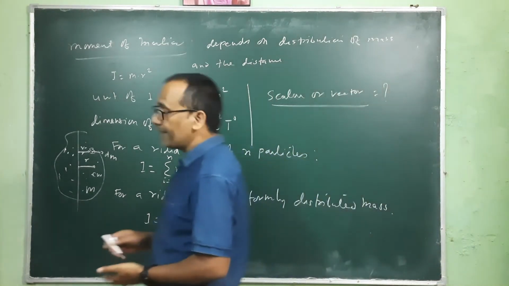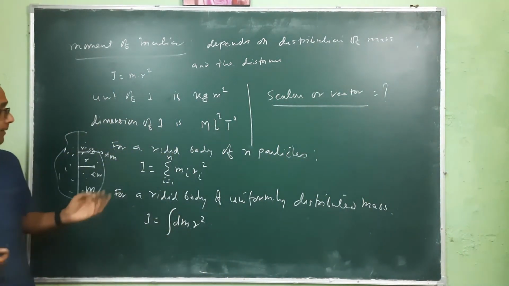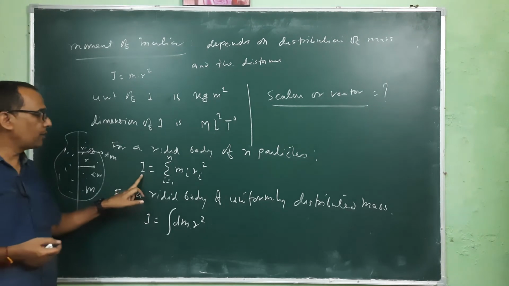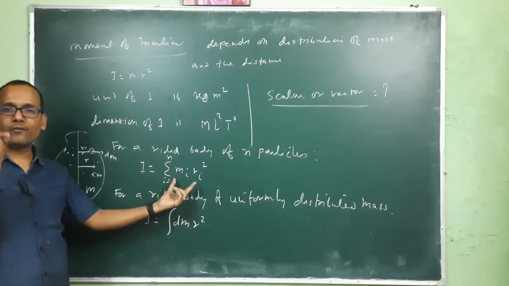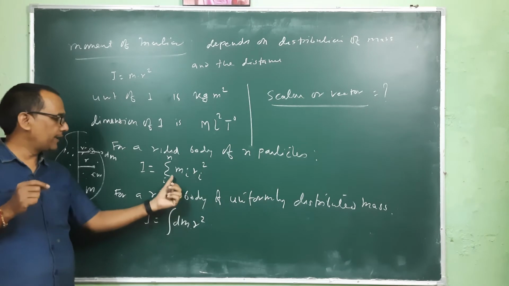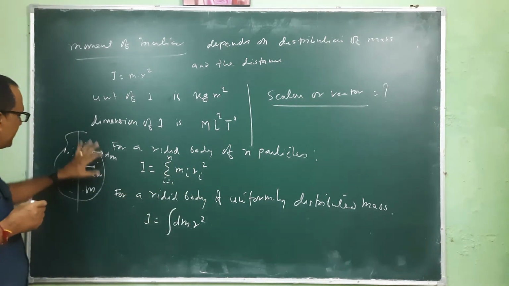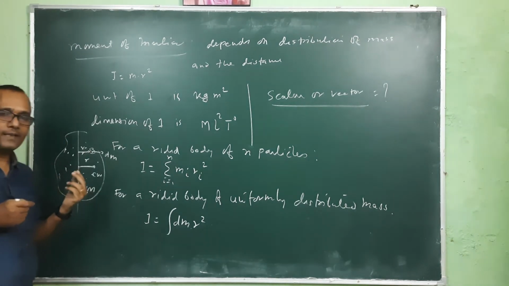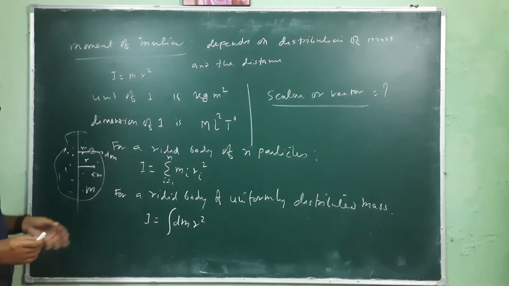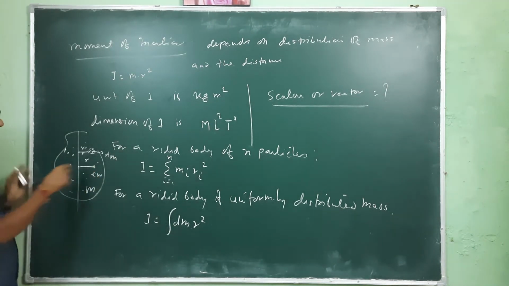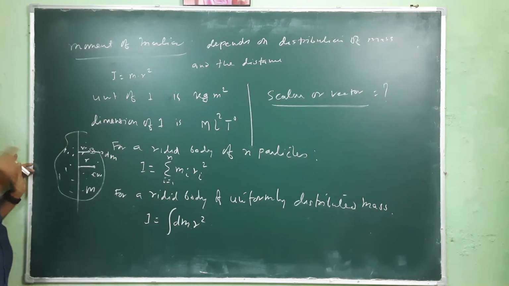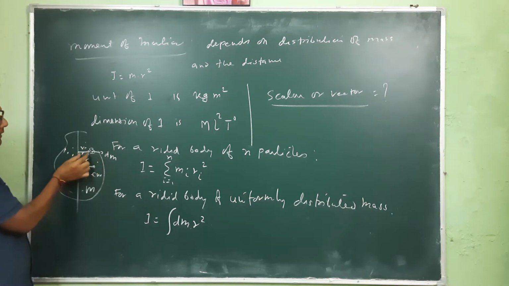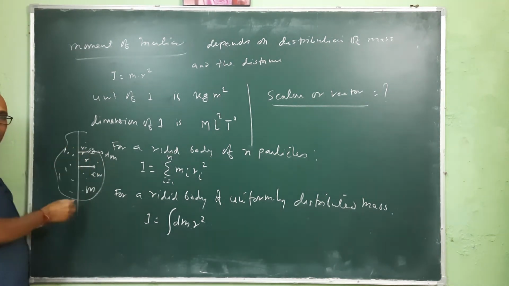So when we take a discrete body where the mass is non-uniformly distributed with m1, m2, m3, then the total moment of inertia is equal to the sum of the moment of inertia of individual particles, that is Mi ri square. But when we take one uniform body where mass is distributed uniformly, one can say that all particles are identical, having identical mass. Then we take that small segment of mass, that is dm. Previously we have used this type of concept also. So this dm is the small part which is at position r, that is, its perpendicular distance from the axis is r.